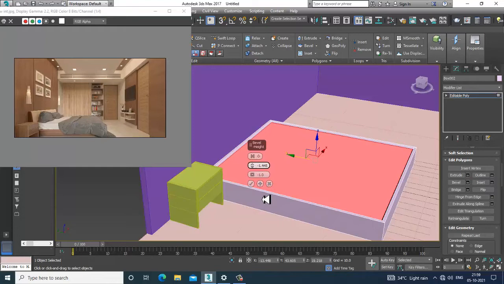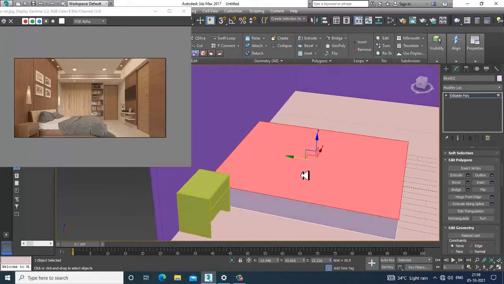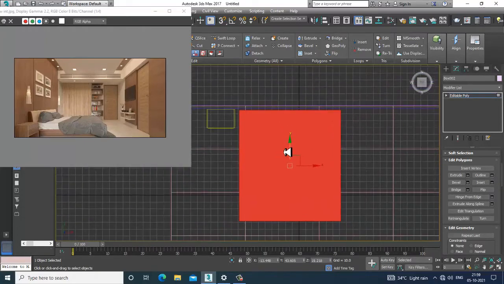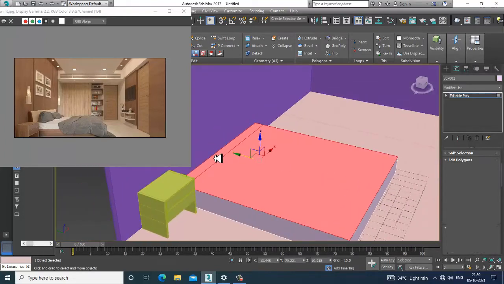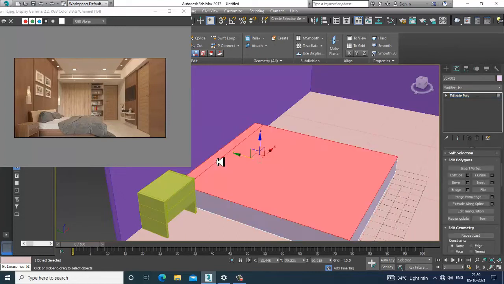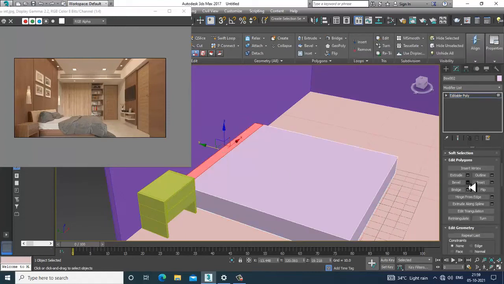Okay, before giving a bevel, I'll slightly put one swift loop over here. So select this polygon now. Extrude this up till here. Go into this view.